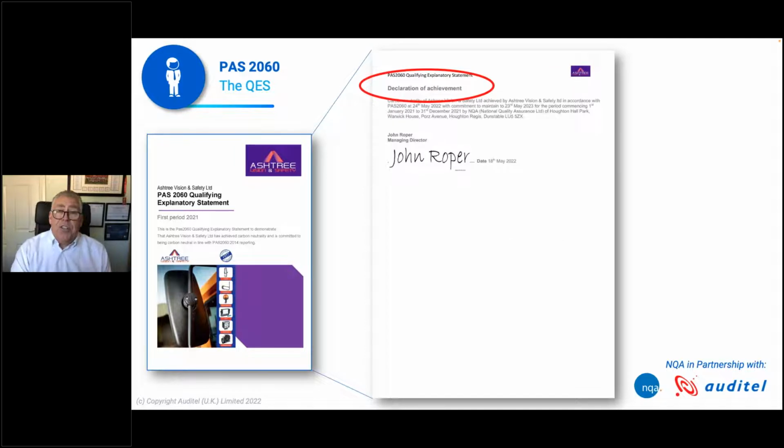And the declaration of achievement. Now, this is the first baseline year for Ash Tree, so you might be wondering why there's a declaration of achievement. Well, it's simple. They've achieved carbon neutrality. And this statement that you see here is a statement that, according to PAS 2060, has to be written in a particular way. It has to have certain elements within it for it to qualify, because this is the final